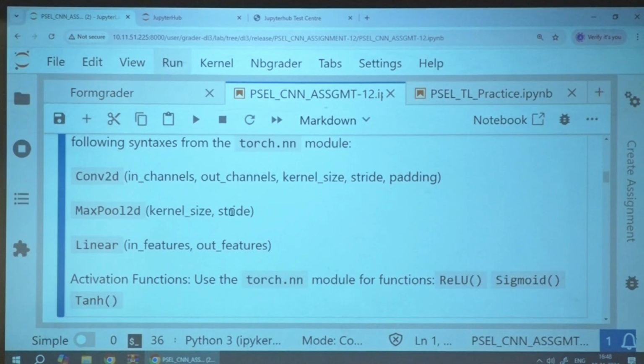You can pass either tuples or specify these values. Kernel size equal to, what is the size? 2. Stride equal to 2. That's it. Max pooling is over.